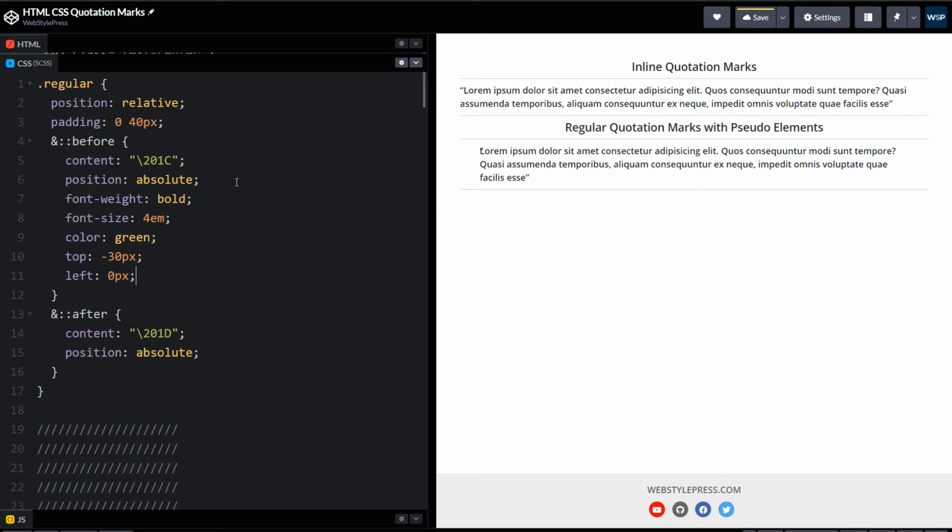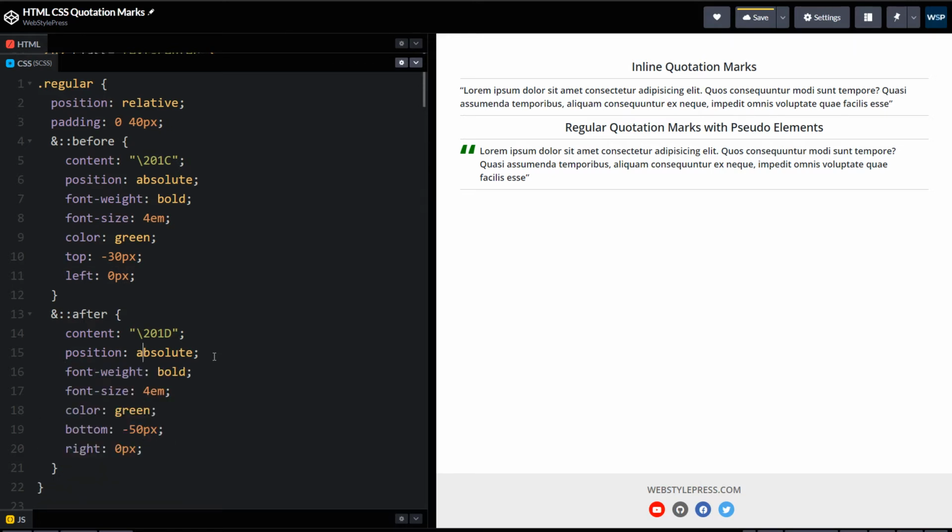For the opening quote, font weight bold, font size, color green, and top position and left position. And for the closing quote, similarly, font weight bold, font size, color green, and some bottom and right space.